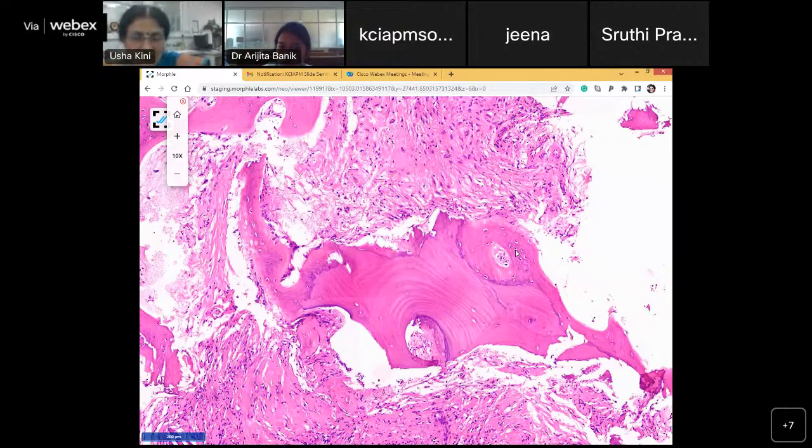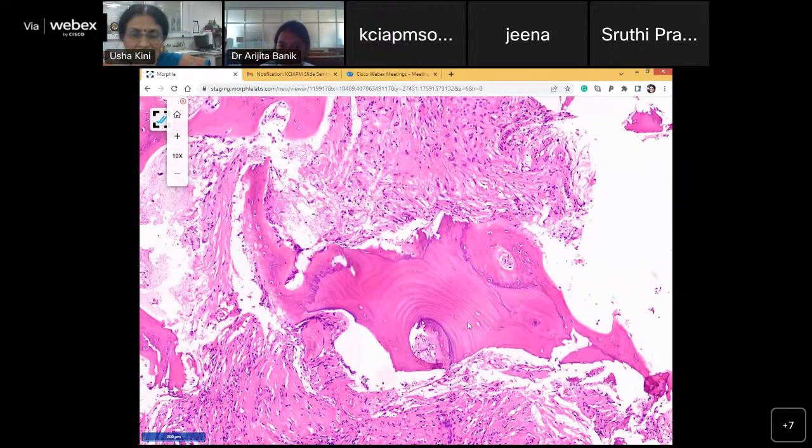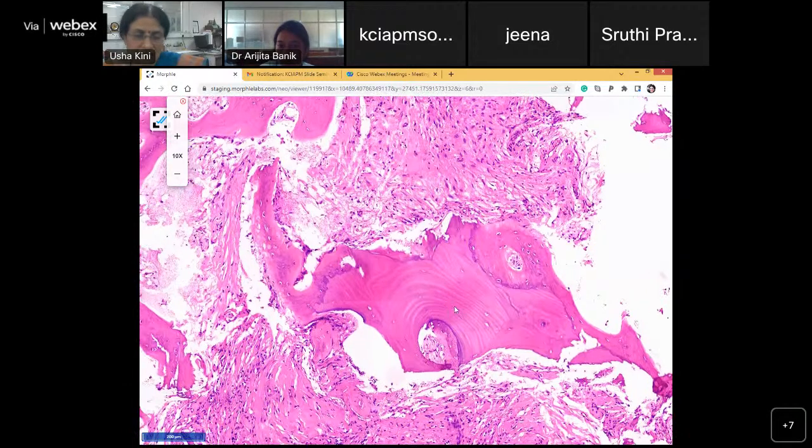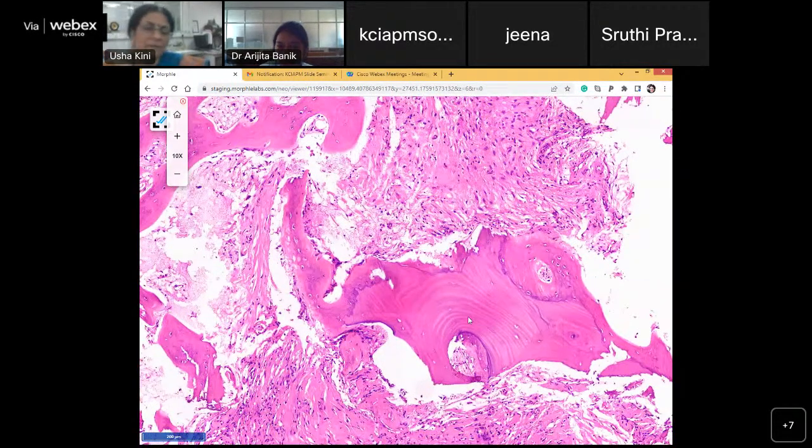These are the osteocytes, right? Yes, ma'am, within the lacuna. So to tell you that this tissue is viable, right? So you see the lamellae. This is of the long bone. Which bone are we talking about? Yeah, ma'am, left lateral condyle of femur. Femur.